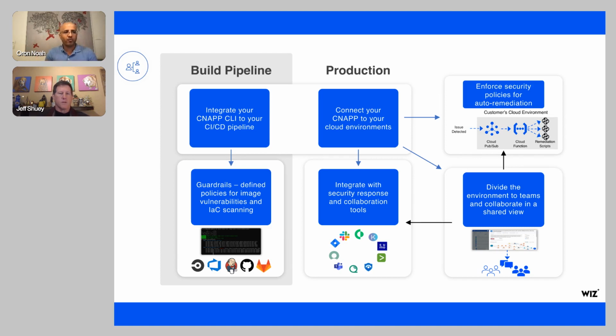So when the customer has this environment, for example, their Jira ticket or Slack system or whatever the team uses to work, we continue to integrate with that. But the whole point is that everyone can have access with Wiz. We have full RBAC abilities. We can segregate things into projects and teams within Wiz,